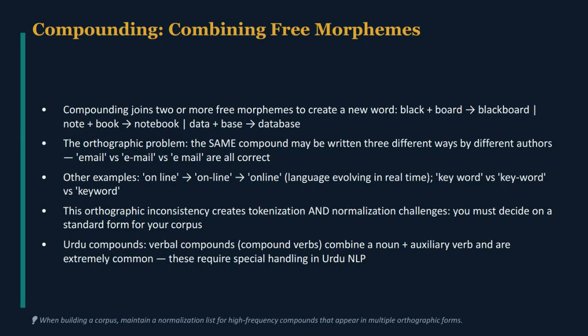While discussing morphology, there is another important concept: compounding. Compounding combines two or more free morphemes to create a new word. For example, blackboard, notebook, software, database. In English, compounds may be written as a single word, hyphenated, or two separate words, and the same compound may be written differently by different authors. This orthographic inconsistency creates tokenization and normalization challenges on top of morphological ones while dealing with language as data